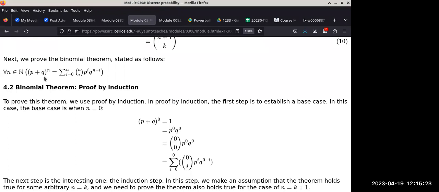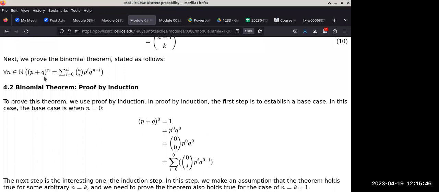can be expanded as a sigma notation, where we have i as an index variable going from 0 to n, and then each term that we're adding in this particular sigma is n choose i, which is the number of combinations of choosing i from n items, times p^i, times q^(n-i).